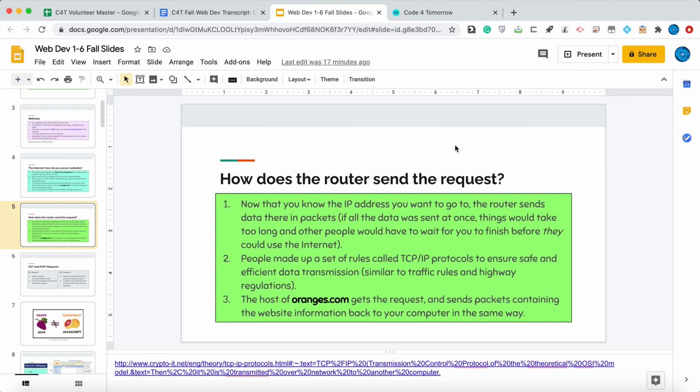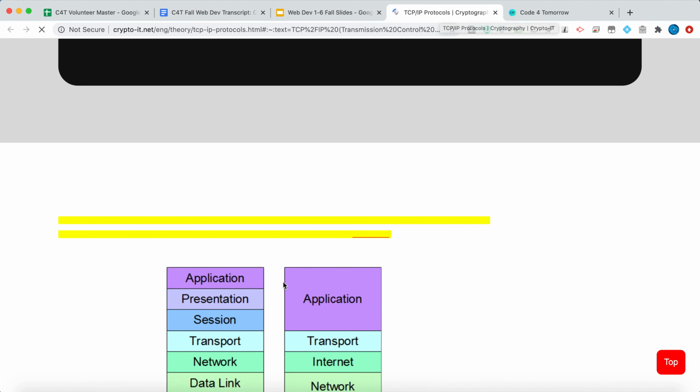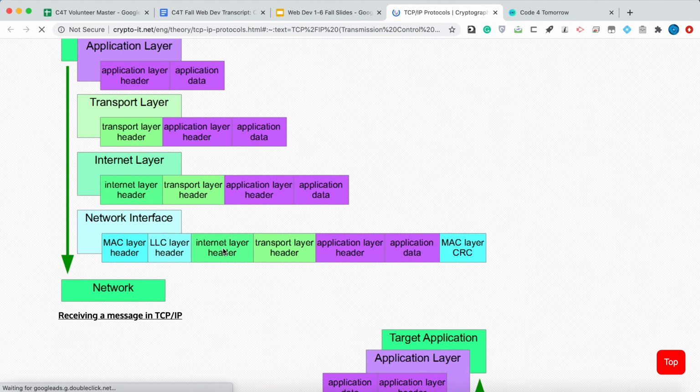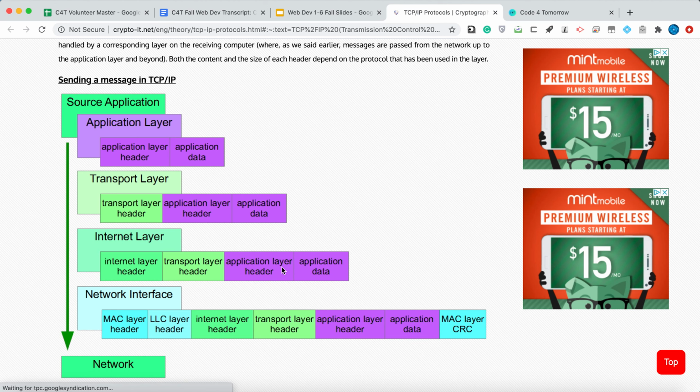But how do all the packets know how to get there, and how do they not crash into other packets on the highway? So that's how people made up a set of rules called TCP/IP protocols to ensure safe and efficient data transmission. So if you just go to this website right here, cryptoit.net, it has a pretty cool graphic for how this works. So this is how it all works. You don't have to know any of this. This is just to show you